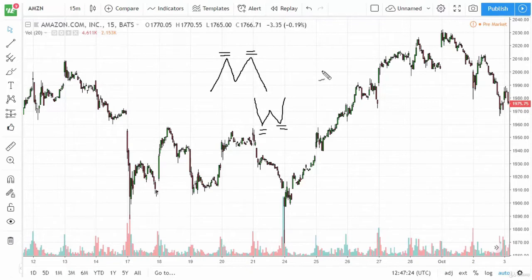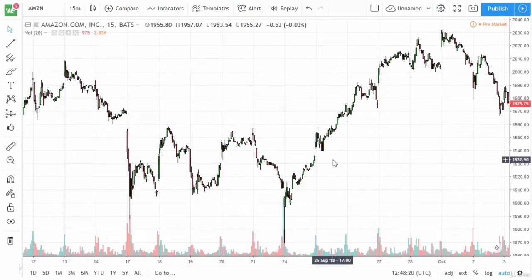There are a multitude of ways that you can approach it, but the most conservative way is to wait until you have not only the potential double bottom, but you break above what would be the middle part of what eventually becomes a W or an M pattern. So basically you need, in the case of a double bottom, a low, a lower high, a similar low, same price basically, and then a higher high. So it shows a bit of a reversal. Pretty straightforward to trade, very powerful, especially when you talk about